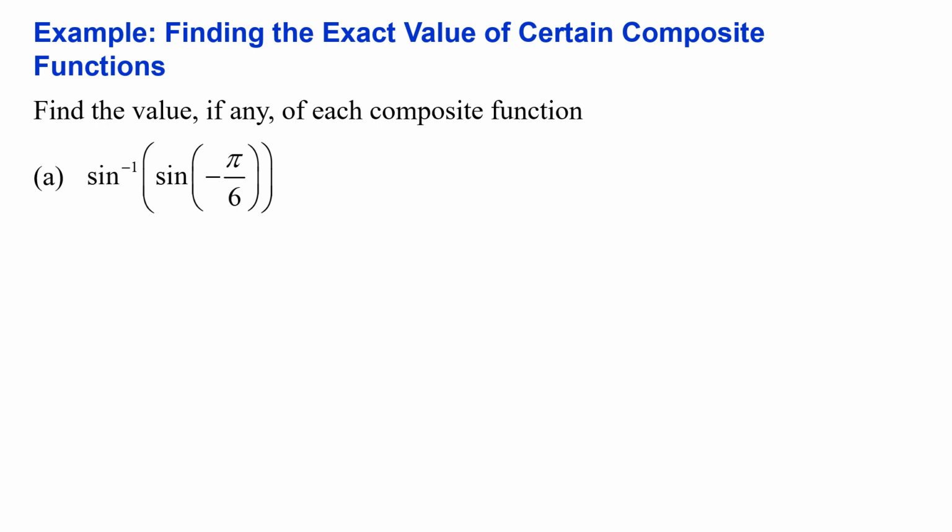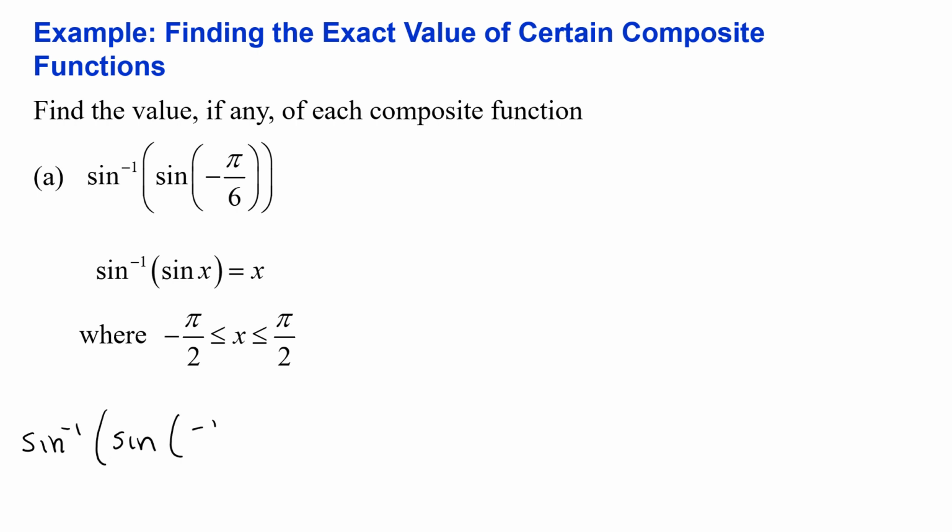Now part A, the first composition, is inverse sine composed with sine of the quantity negative pi over 6. And we use the fact that inverse sine composed with sine of x equals x, where x is between negative pi over 2 and pi over 2 inclusive. And for part A, x equals negative pi over 6, which does fall in the interval of negative pi over 2 to pi over 2. Therefore, we can write that inverse sine composed with sine of the quantity negative pi over 6 will equal negative